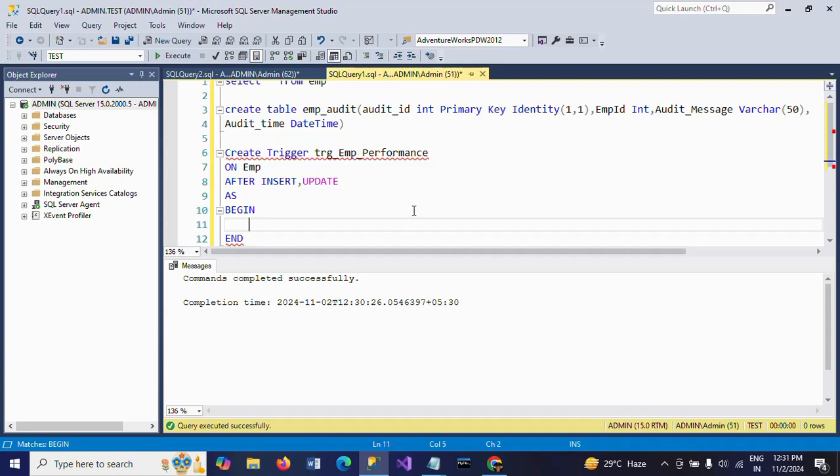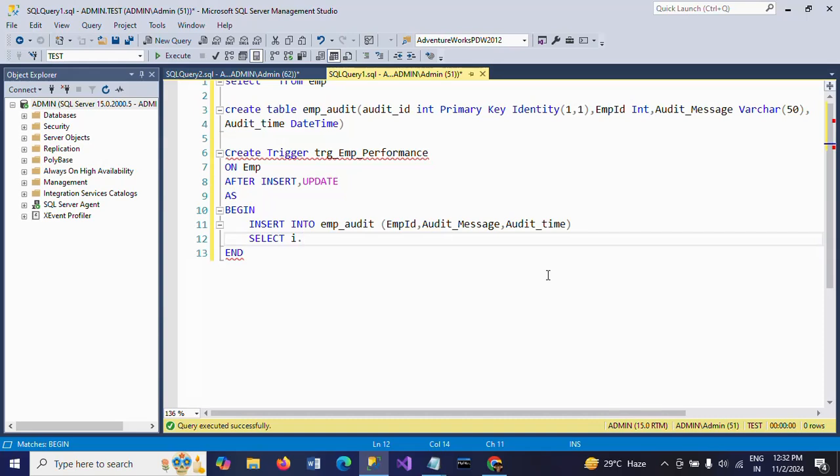Okay, insert into emp_audit. You have to mention your column names other than audit ID. That means emp ID, comma, audit message, comma, audit time. Select i.empid. I means inserted. It's a magic table. I means inserted. So i.empid,